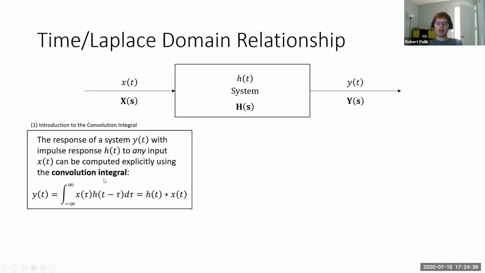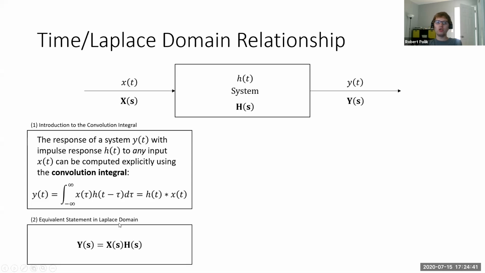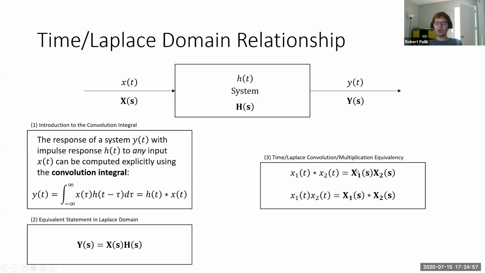We don't have to understand this math. We also know that you can just multiply X of s and H of s, and it'll give you Y of s. So what we're learning is that between the time domain and the Laplace domain, there's an equivalence between convolution and multiplication. And in fact, the opposite is true as well, and this will be relevant to the presentation later on. If you multiply two signals together in the time domain, that is the equivalent of convolving those two signals in the Laplace domain. And we will be doing that during our digital processing.